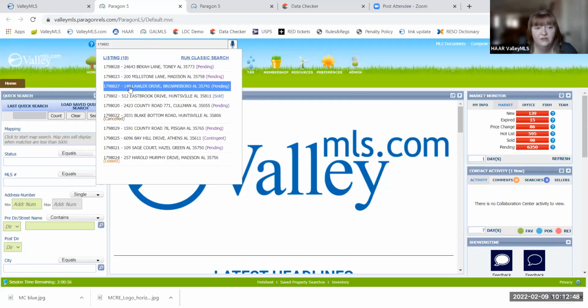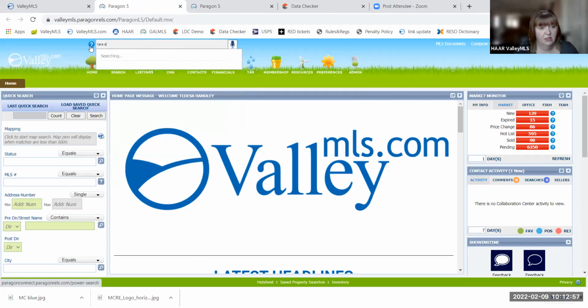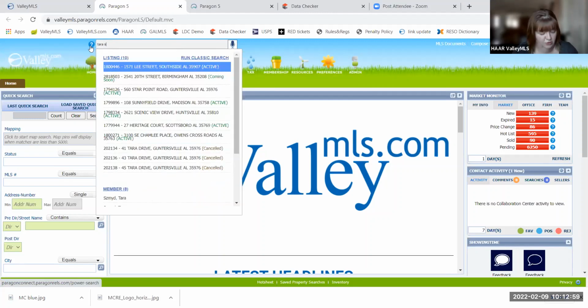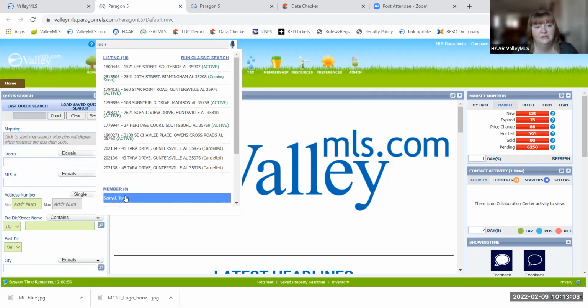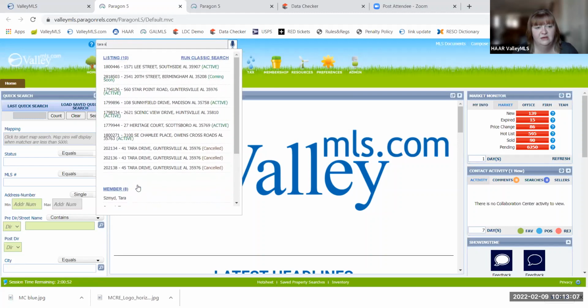I didn't put in a whole one, so it's trying to give me all the MLS numbers that start with that. I'm going to pick on Tara because she has an unusual last name and we can get her up really quickly. If we type in Tara Schmid, we'll see that it's offering us, look at that, members, all the members that start with Tara.